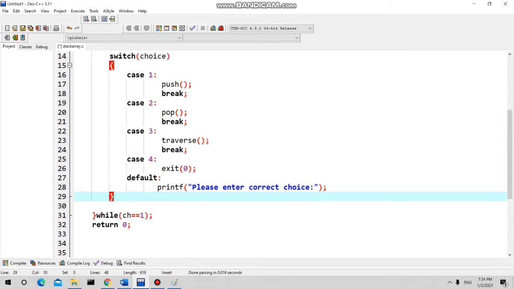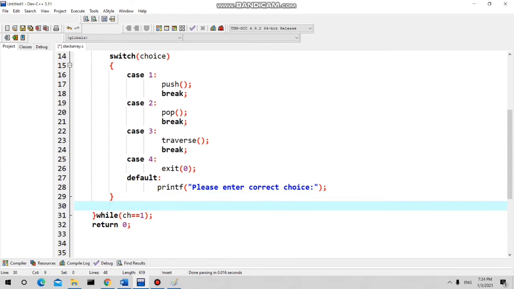Now after entering the first choice, we need to ask the user whether he wants to continue the same operation. So for that purpose, after the switch case, I am asking the user: do you want to continue these operations? For yes I am asking the user to enter 1, or for no I am asking the user to enter 0.